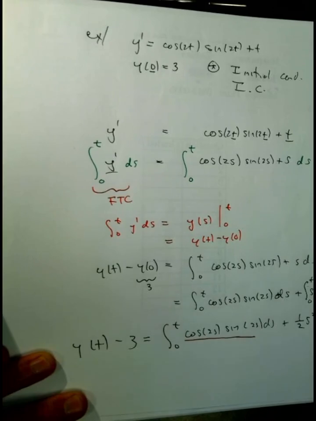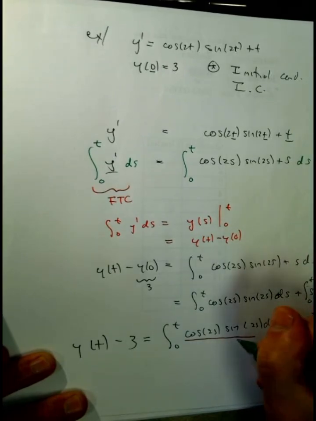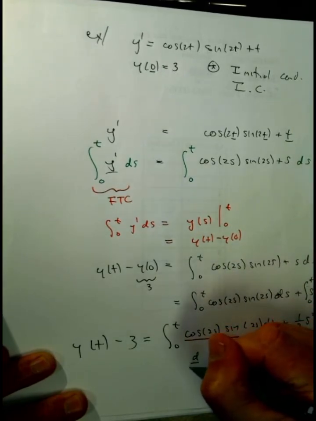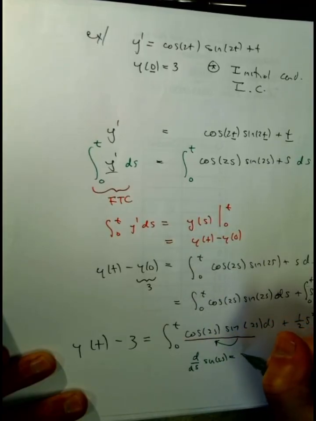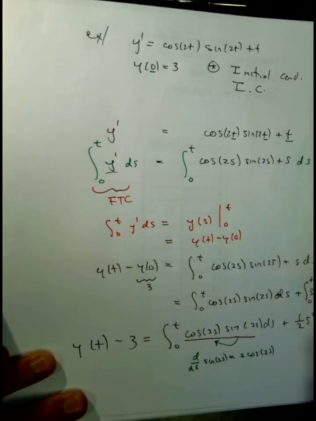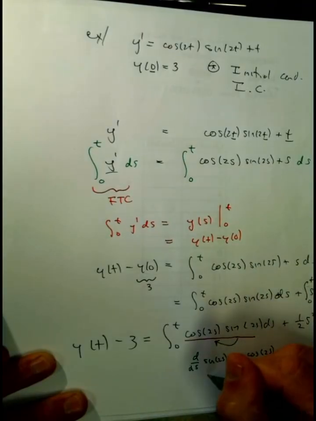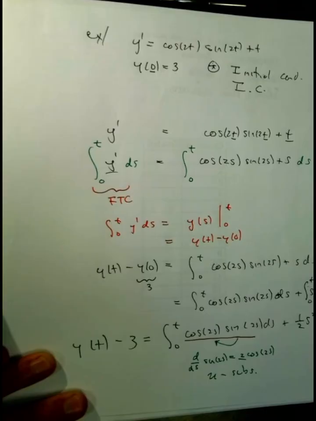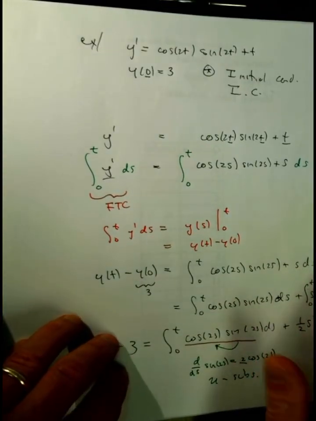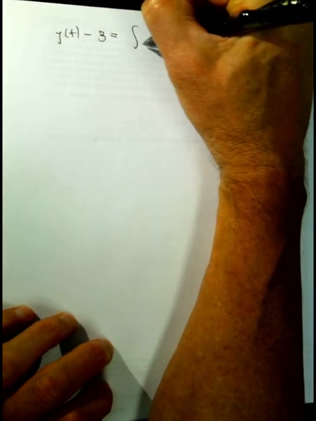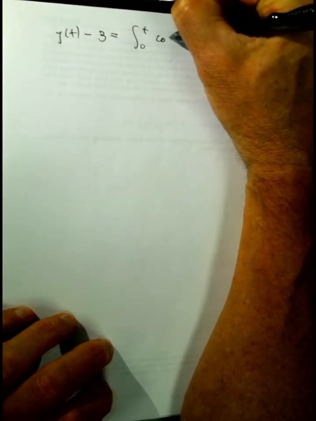This is not trivial, but notice the derivative of sine of 2s is kind of like cosine of 2s, but I'm off by a factor of 2. So that means I can use u substitution to handle that. So what does that give us? That means now that our differential equation has been reduced to this integral,